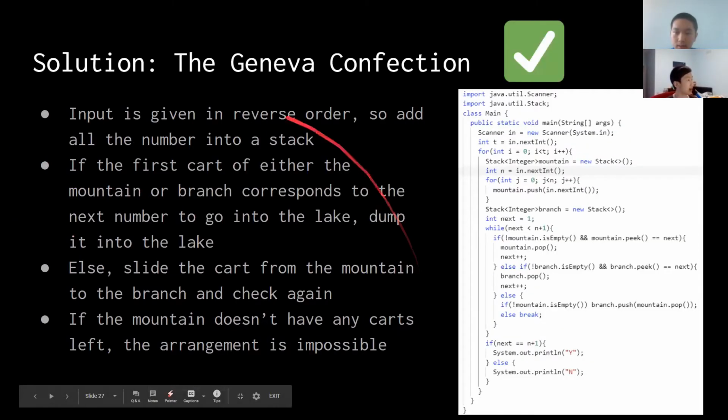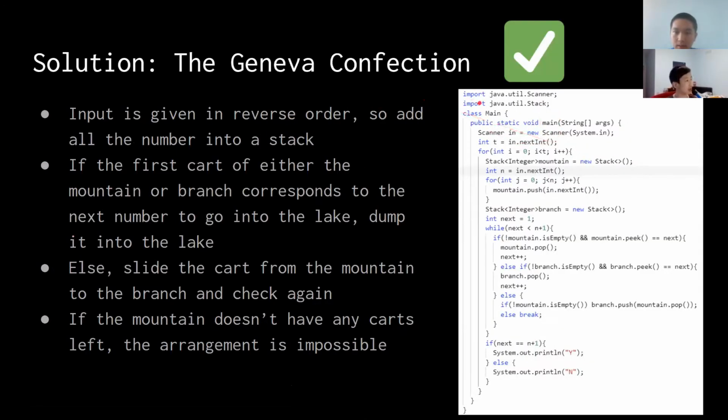And so this is a solution written by Ryan again. Congratulations. The input is given in reverse order, so add all the numbers into a stack, which is basically what he does. He takes the input and then mountain.push(in.nextInt()). And then if the first cart of either the mountain or branch corresponds to the next number into the lake, dump it into the lake, which is